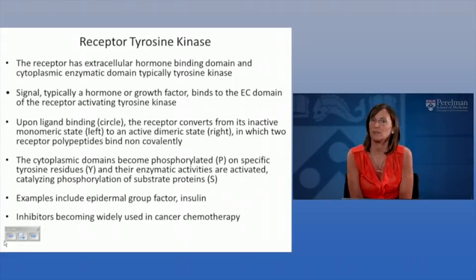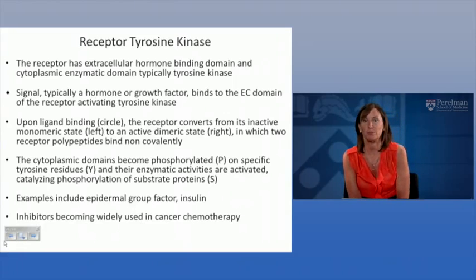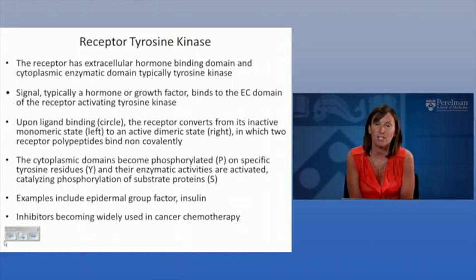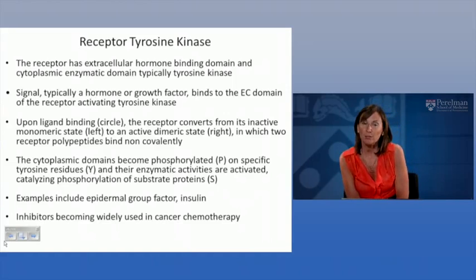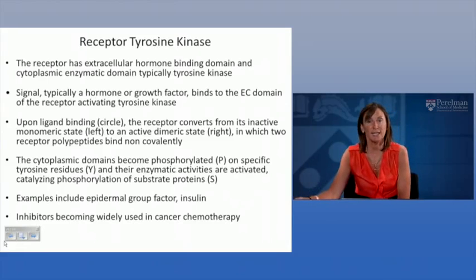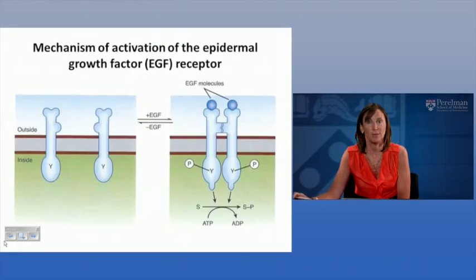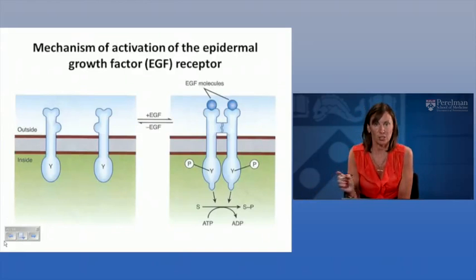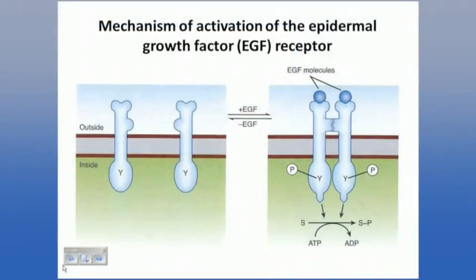This ultimately results in phosphorylation of a series of substrate proteins to bring about the ultimate response. Natural endogenous ligands for receptor tyrosine kinase include epidermal growth factor and insulin. As I said previously, inhibitors of receptor tyrosine kinase are becoming widely used and are under further evaluation in the setting of cancer chemotherapy. So here's a picture, and you can appreciate that on the left-hand side,